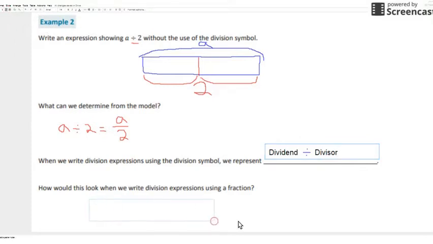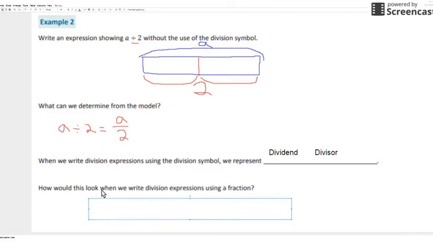We're talking about the same things. Well, it's the same thing. The dividend comes on top, and the divisor comes on bottom. For some reason, my symbol broke up or disappeared. I'll write it back in there in just a minute. So the dividend, and then we have the fraction bar divided by, of course, the same thing as with the